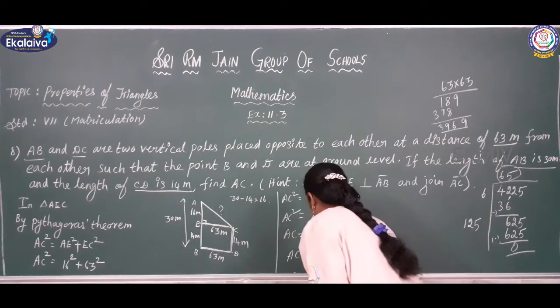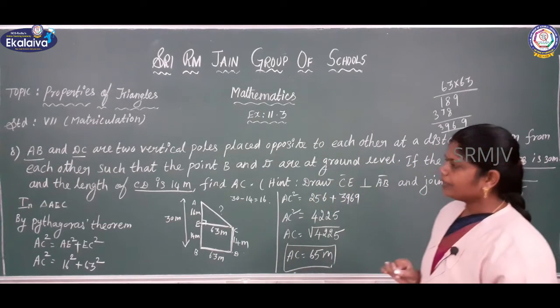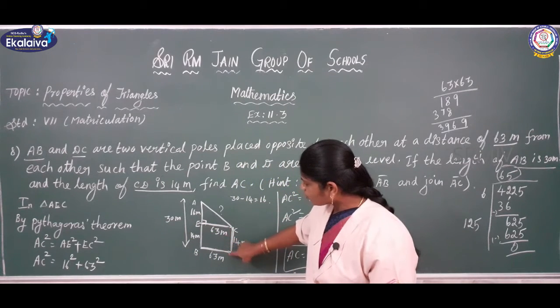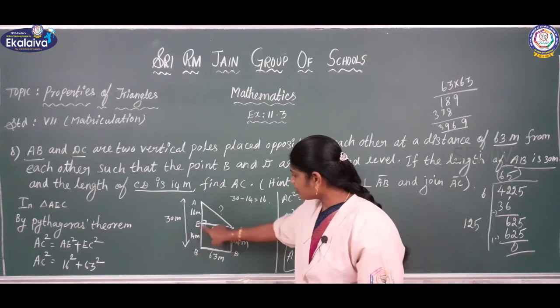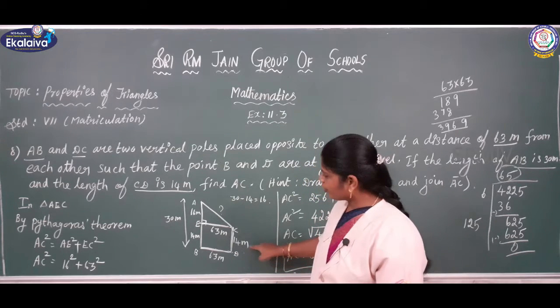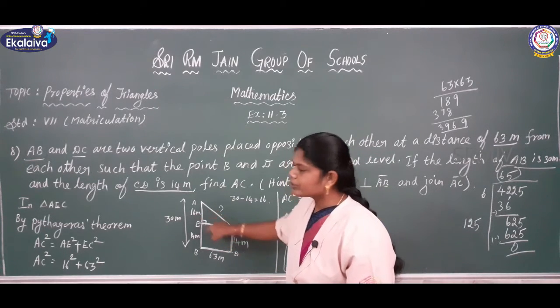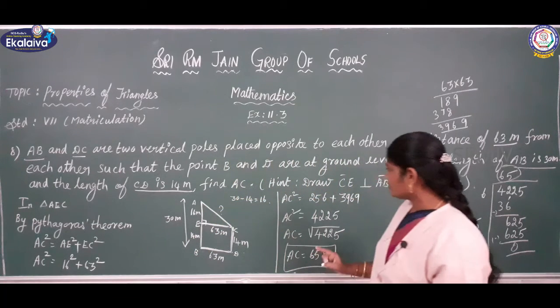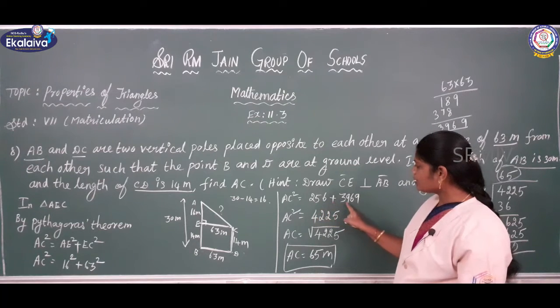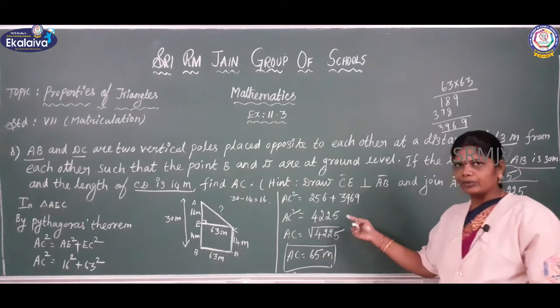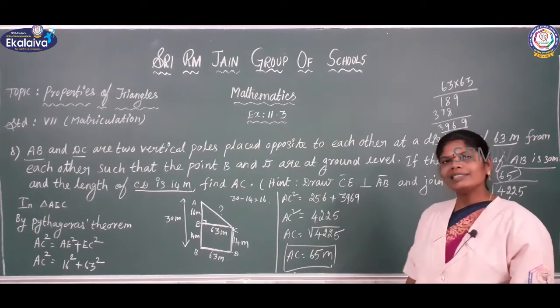What unit is given? Meter. So 65 meter. Is it clear, children? I repeat this. Here we are using the Pythagoras theorem. See here is a rectangle, so opposite sides are equal. 63 means EC also 63. Then EB 14 means DC also 14 meter. Okay. So now 16 meter, 63, two sides value we have it. Then the hypotenuse value we found using the Pythagoras theorem. So AC square equal to 256 plus 3969. When we add this, what we are getting? 4225. While taking the square root, we are getting 65 meter.